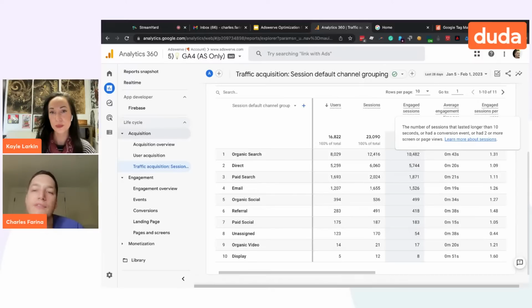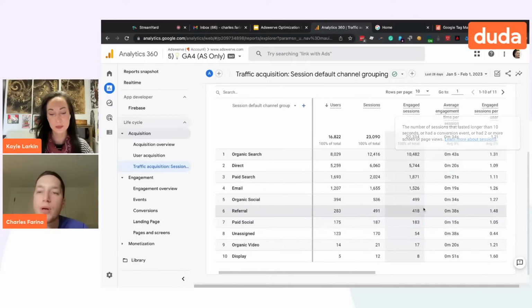So we can see that as an example for engaged sessions, the definition is the number of sessions that were at least 10 seconds long, or had a conversion event, or had 2 or more pages or screen views. So what Google's trying to do is say bounce rate was never really a great metric, or at least they didn't think so. So they're trying to use engaged sessions as a proxy, where they're saying the user had to have at least 10 seconds, convert, or engage with 2 or more pages.